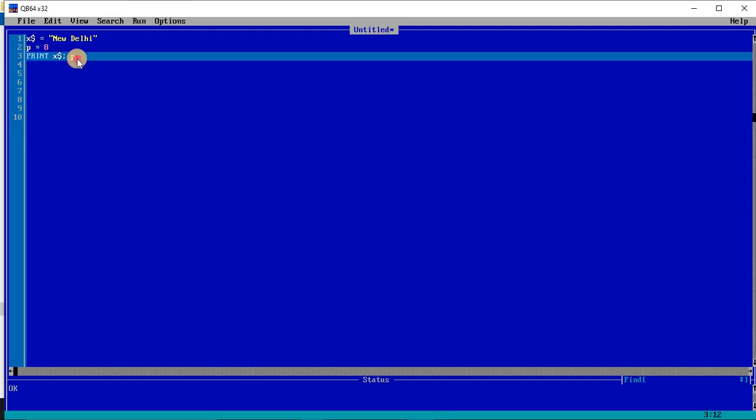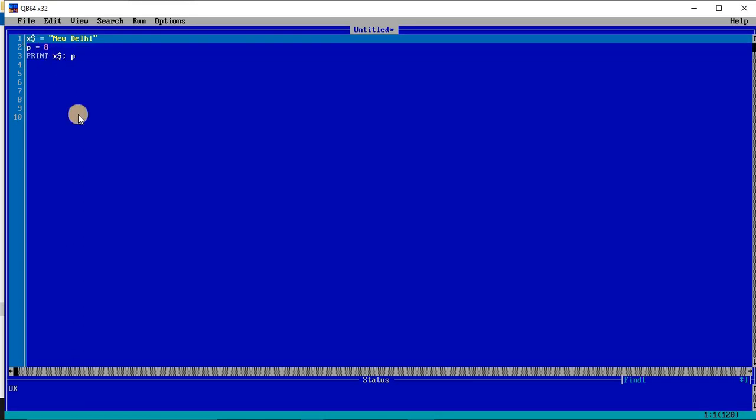Okay. Now in the program, suppose I want to put a line which should not execute. Suppose I have given rem, and I am writing "this is a QBasic program" inside double quotes. See, if I write it in this way, whatever I write after rem will not be part of the program. It is not going to execute. Only the last 3 lines will be executed. After this rem, wherever it gets the rem, that line will not execute.